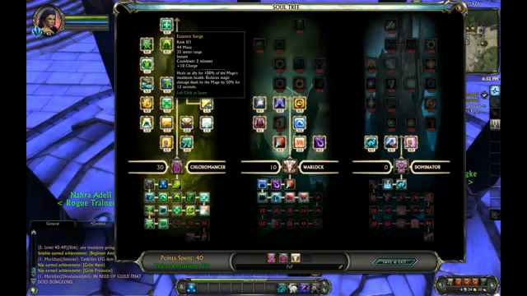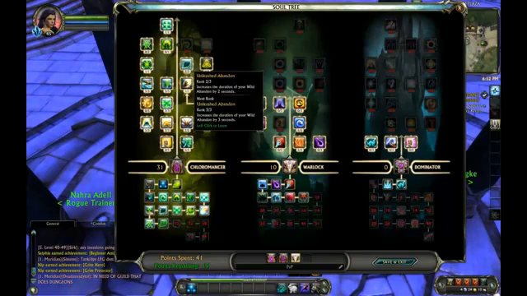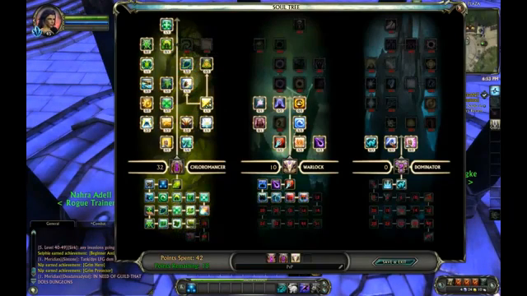Finishing up the tree, we'll put a point into Essence Surge, which is probably your most powerful skill in the Chloromancer tree, which will heal you for 100% of your maximum health. It reduces the magic damage dealt by you by 50% for 12 seconds, but the heal heavily outweighs that. We'll put our last point into Unleashed Abandon in the Chloromancer tree, and then we'll come over